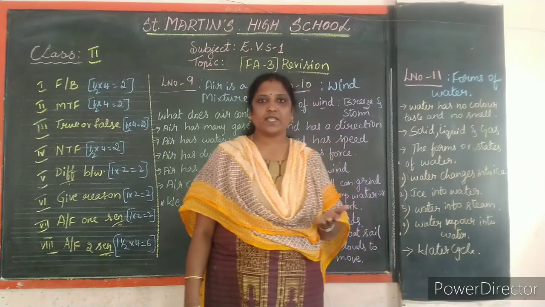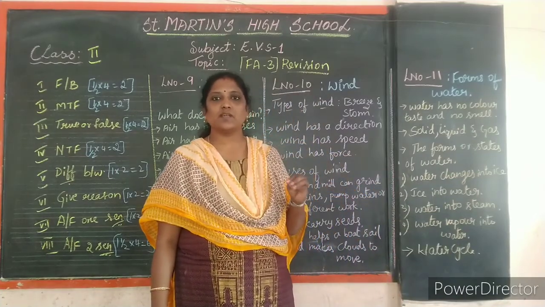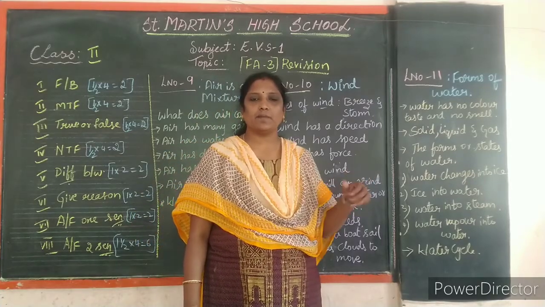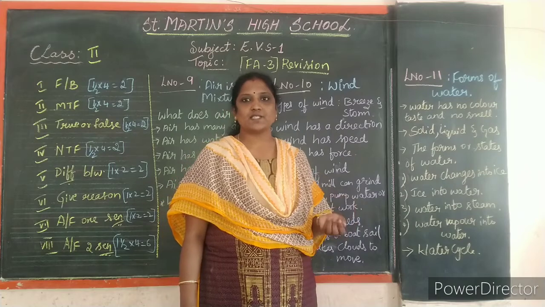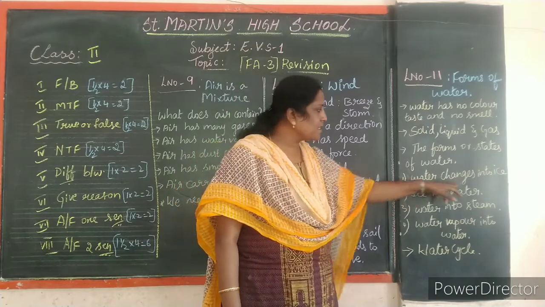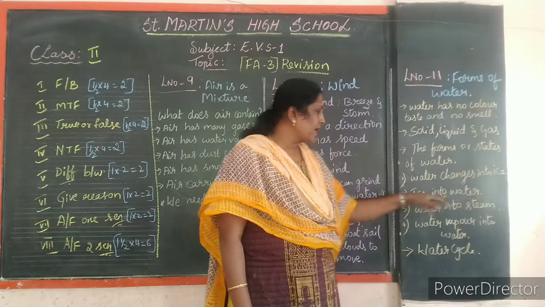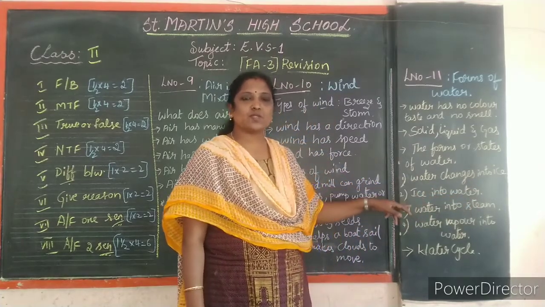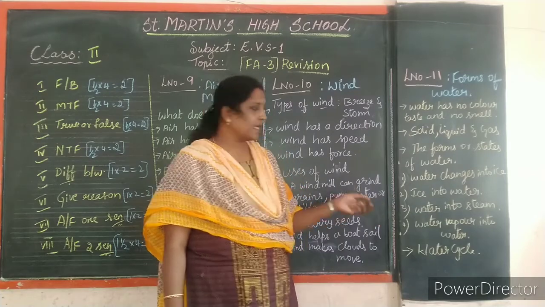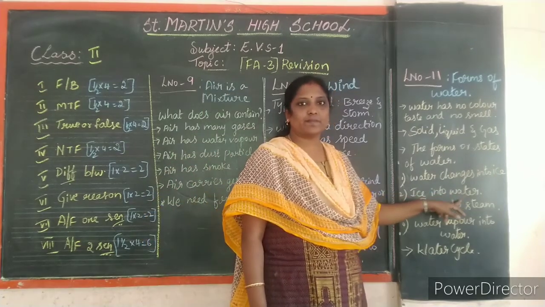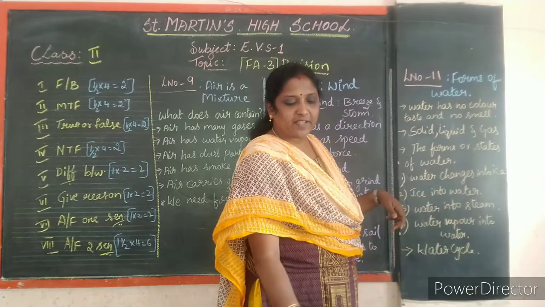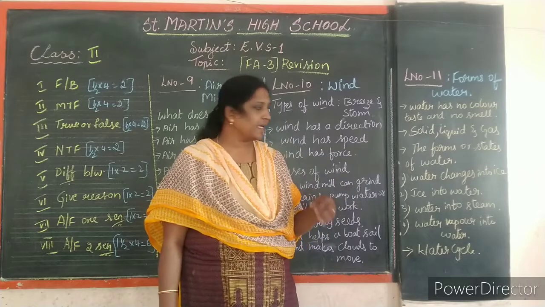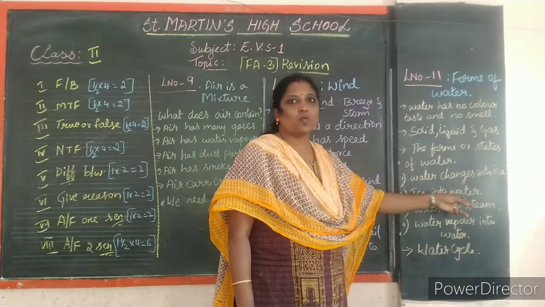You will freeze the water to get an ice cube. You will have a tray in the refrigerator. When you pour some water in the tray and keep it in the fridge for some time, what will happen? It will turn into ice cubes. So water can be changed into ice cubes. Again, when you keep the same ice cubes outside for some time, they turn into water again. Is it not? From the tray, if you remove the ice cubes, you can see the ice melting and it will get back to the state of water.